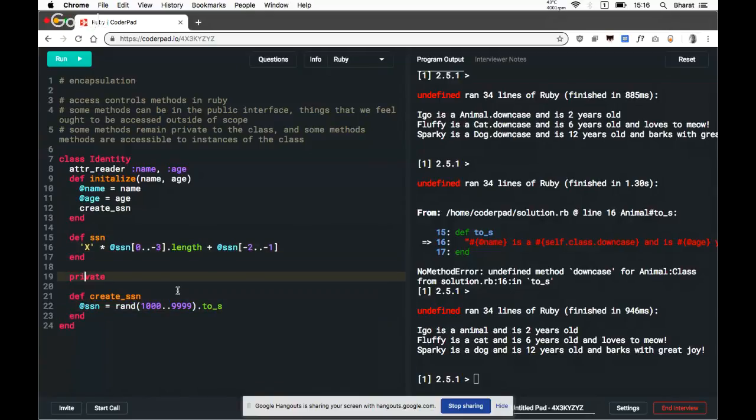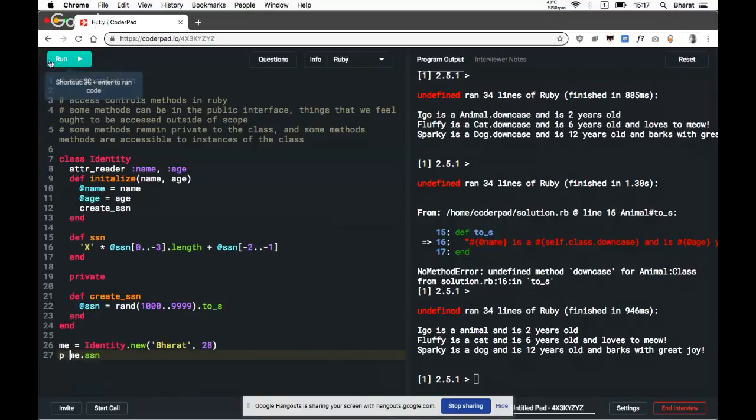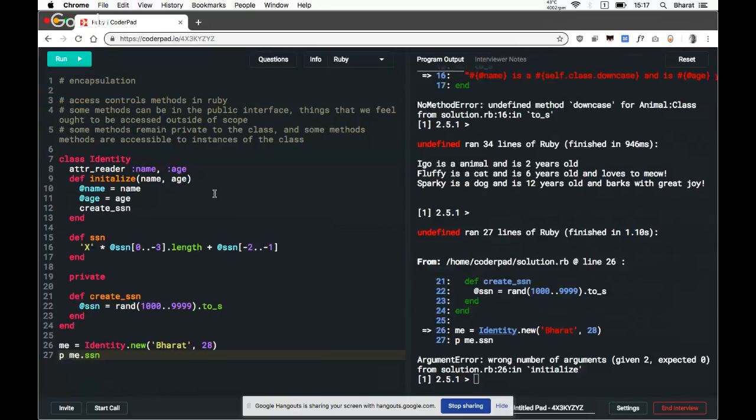So let's just work with this first, and then I'll go on to explain what the advantage of a protected method is. Take my example, e dot SSN. If you want to output this to the screen or inspect it. Wrong number of arguments.